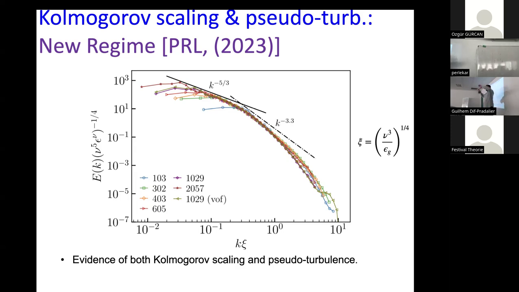What we did was simulations with different gravity, because we can put in the value of it, or different buoyancy, or bubble diameter. Then you take all your data for different Galilei numbers, which range from 100 to 2057, and put it all on a single plot. It's similar to what one used to do in the old days for homogeneous isotropic turbulence or grid turbulence, where you had experiments at varied Reynolds number, and then you would put all those experiments on a single curve to see whether you have 5/3. So it's exactly the same exercise.